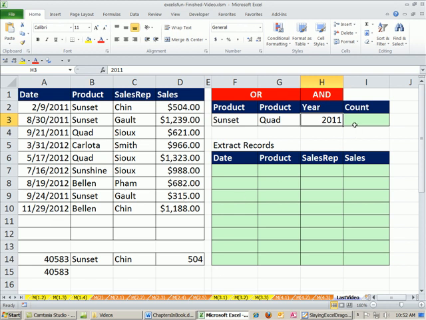All right, first we have to count. We have an OR and an AND. We want to count how many records in this data set are sunset or quad, and the year is 2011. So the logic, just as we learned in the formula chapter in the advanced filter and filter sections, for an